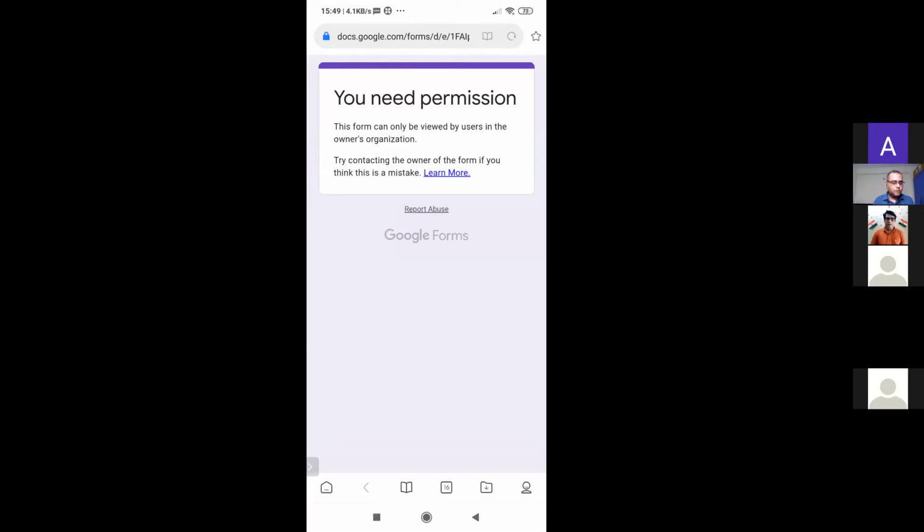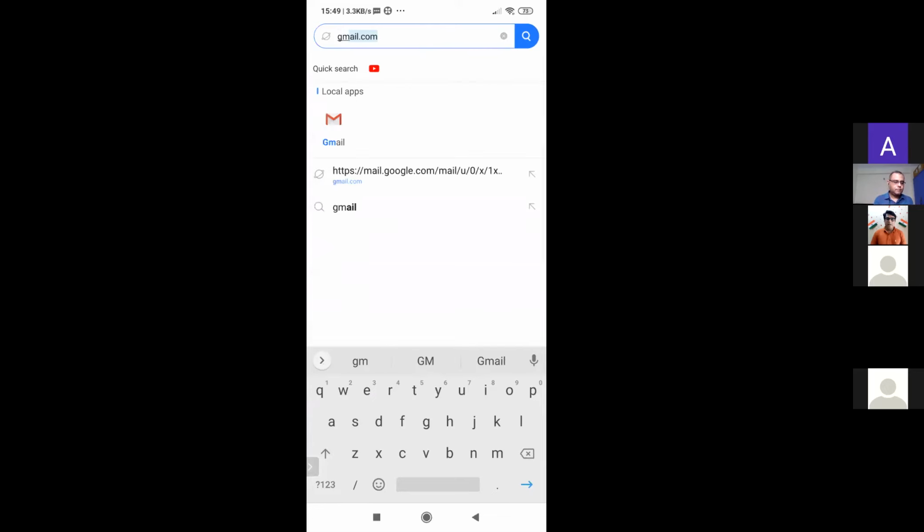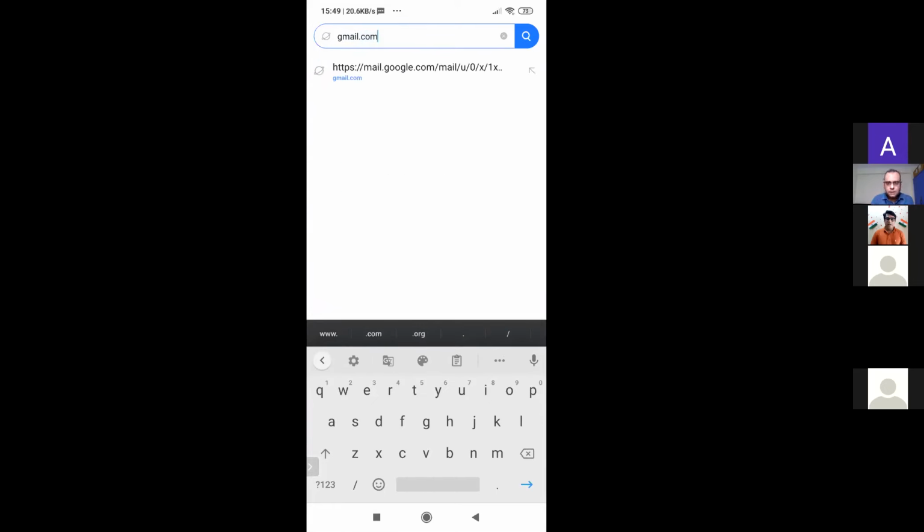In the address bar, which is located on the top, I'll tap. Now in this address bar, I'm going to open any app of Google, any app. I'm going to open Gmail, gmail.com, because it's the simplest one. So I'll open this.